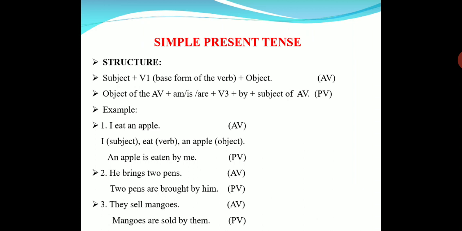Remember, tenses are very much important. If we learn tenses perfectly, we can do active passive voice and direct indirect speech. For all these, tenses are the basis. That's why I said tenses are the heart of the English language. So you must be thorough with tenses. Then everything will become easy.